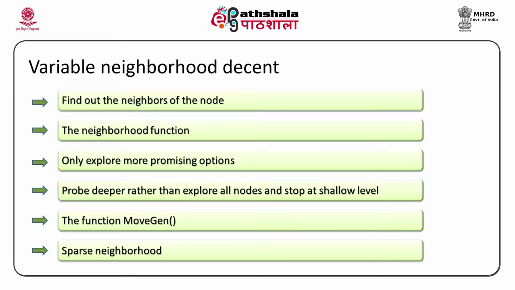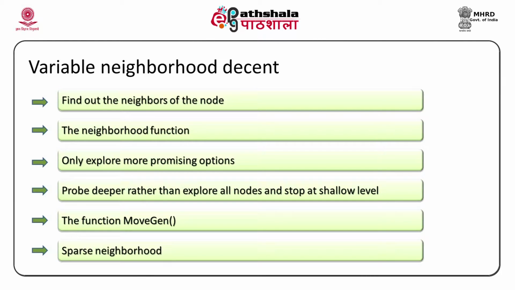Please understand, this is not only in the case of missionary cannibal. In fact, sparse and dense neighborhoods can also be applied in conventional constructive search. For example, let us again take chess. There is something called a plausible move generator. A plausible move generator is a program. It looks at all the possible states that you can generate and chooses only some of them, not all, only a few. It chooses plausible moves, better compared to others, which can lead to a solution.